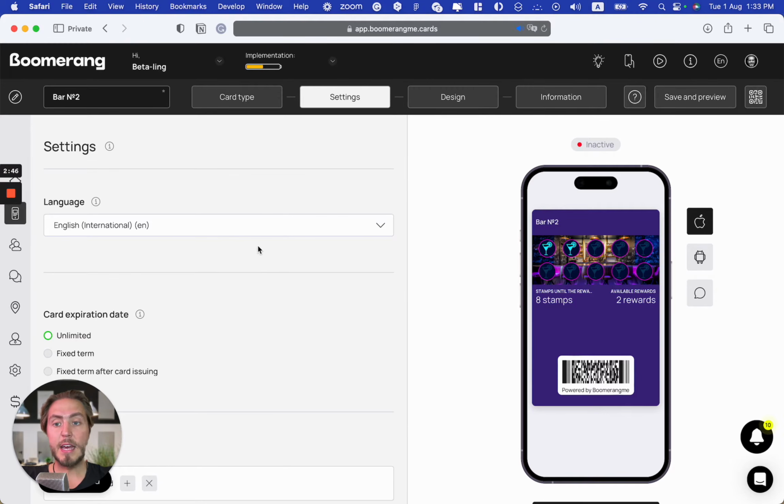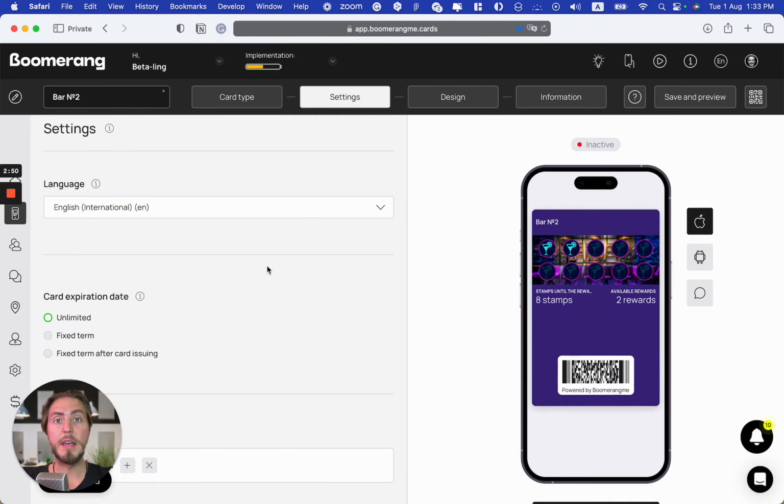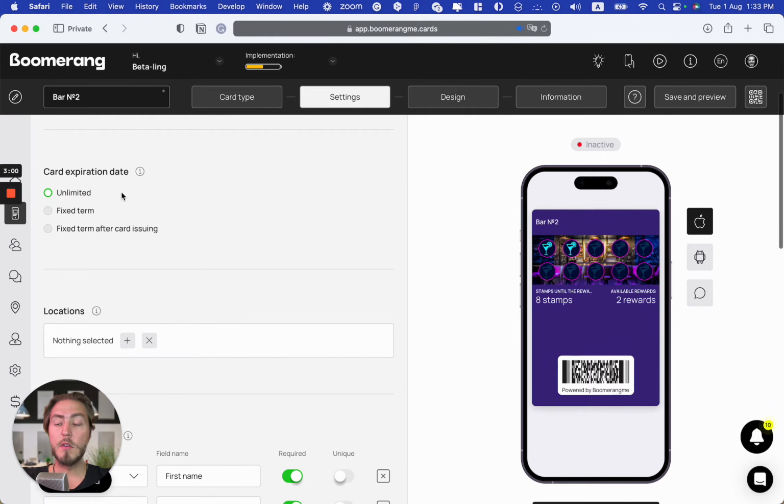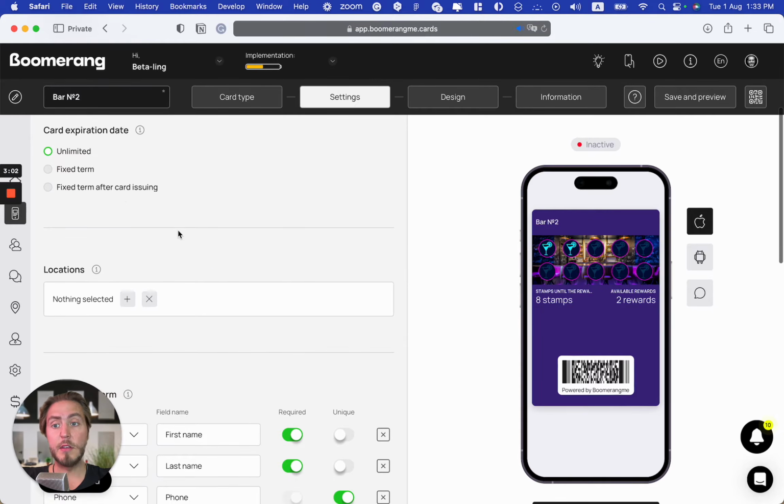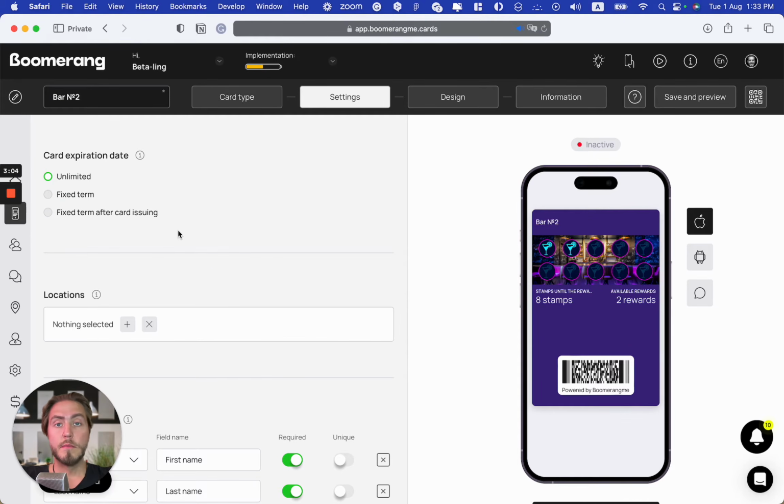On the next step, settings page, you need to customize your base loyalty card rules and settings. First of all, you need to choose the main language. By default, it's International English language. You can set up the card expiration date. You can run the all-time loyalty program that will work forever, and you can run short-term promotions exactly for certain events by the year.